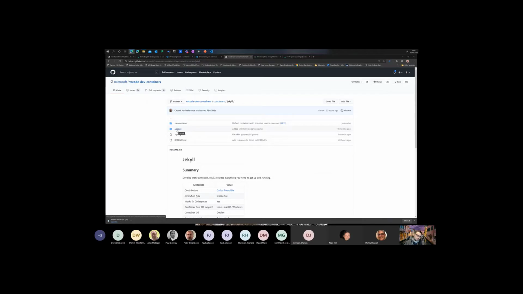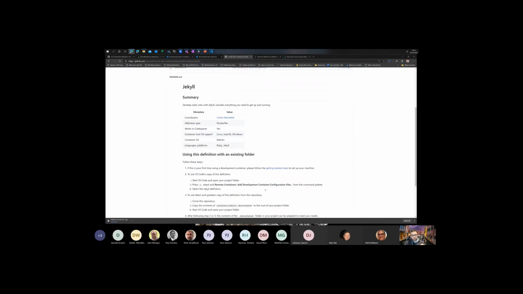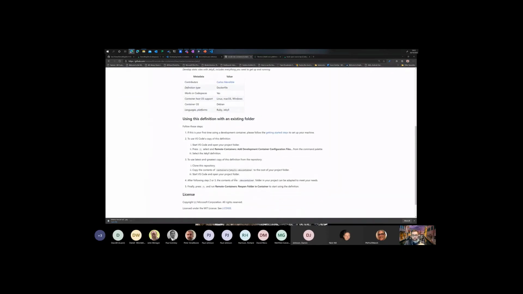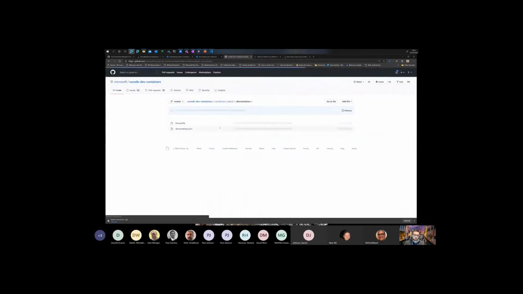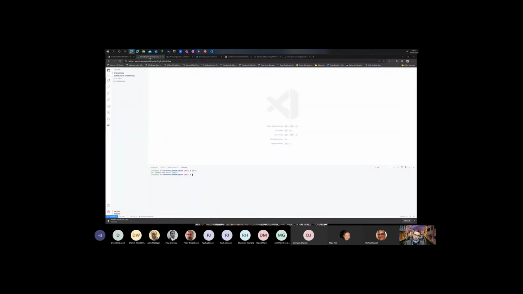Now the VS Code folder sets up things like keyboard extensions and shortcuts that you'd want to use, so we can ignore that for the moment. It's something that you might want to choose to use or not. The npm ignore file as well is more specific, and the instructions are quite simple. The basis is copy the contents of the dev container folder to the root of your project. So we want to copy this Docker file and this devcontainer.json file to the root of my code space,